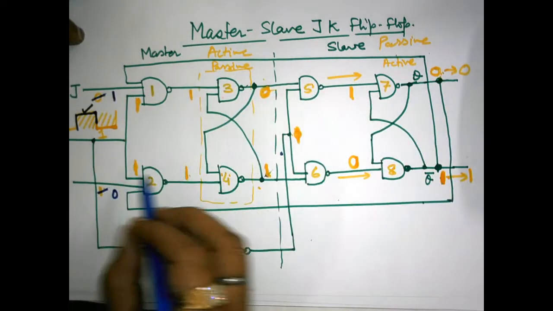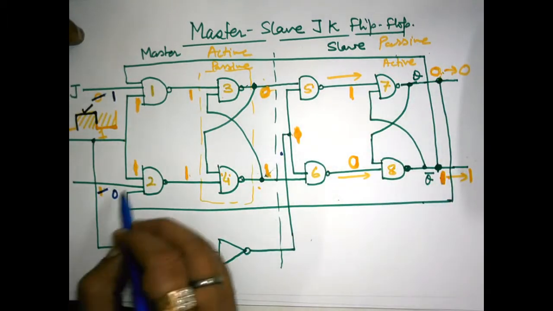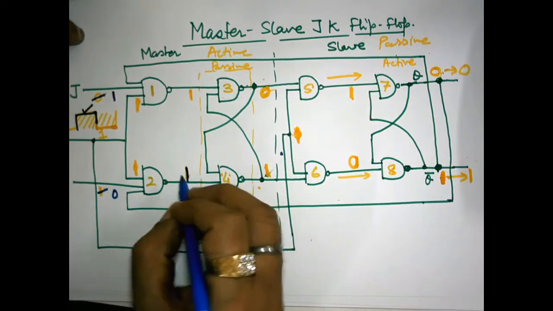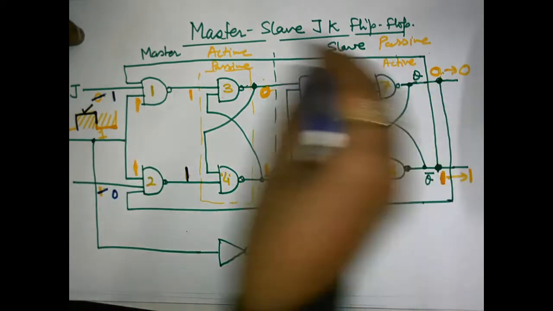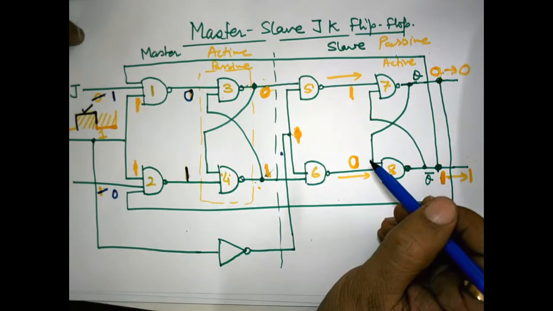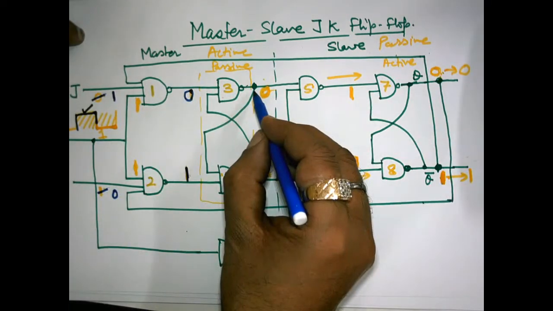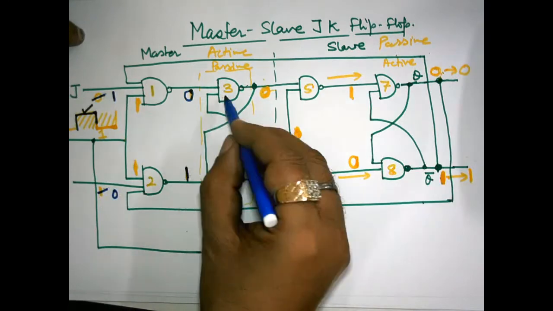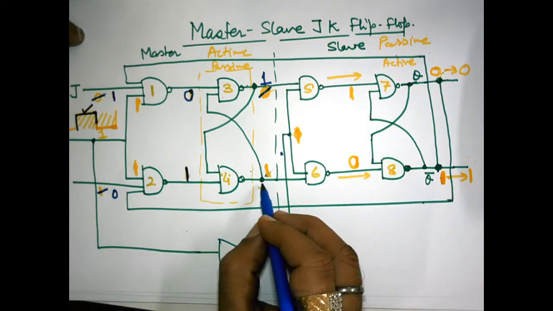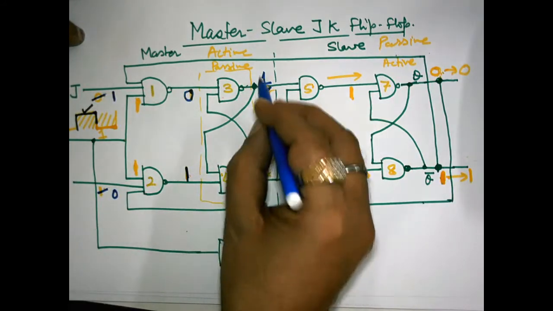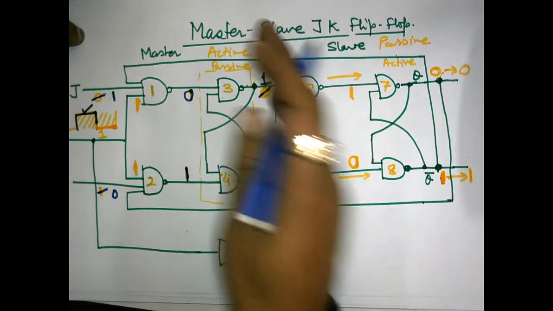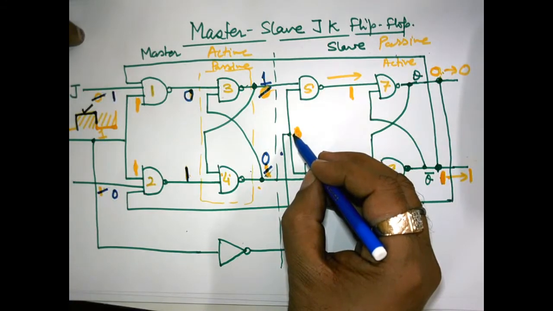So let us see what will happen. Definitely this 0 is fed back at this point. Okay, this 0 will make it 1, and what happens over here? 1 is applied, 1 has been fed back, and 1 is there. This is making it 0. 0 at the input of the NAND gate, no need to see what is coming at the other input. This will make it 1, and what is there? 1 and 1, this is making it 0. But this 1 0 is now blocked by this clock.